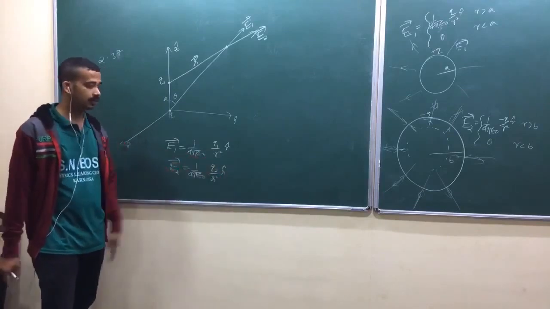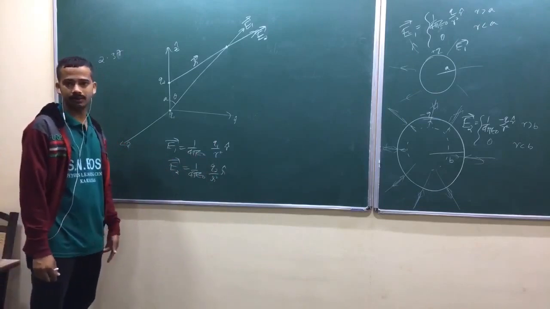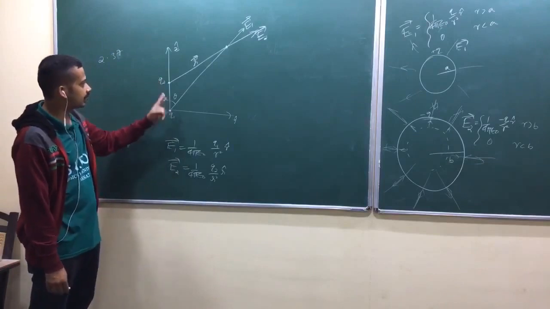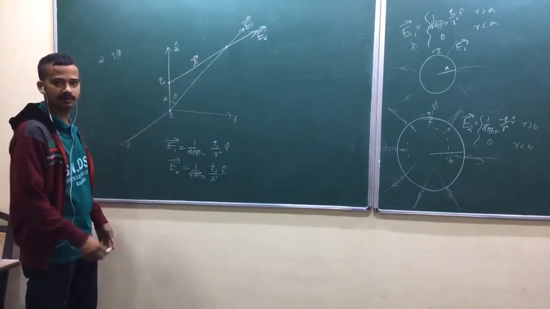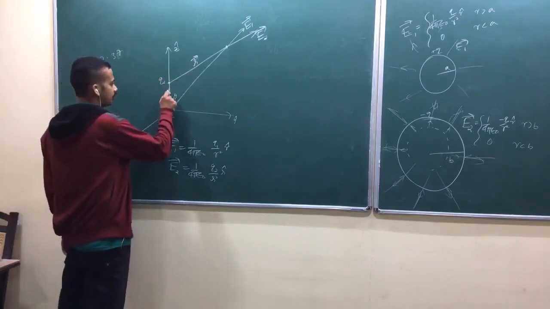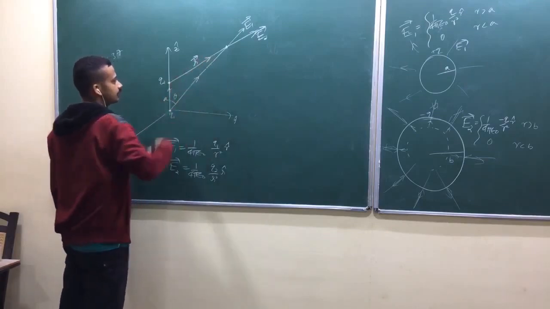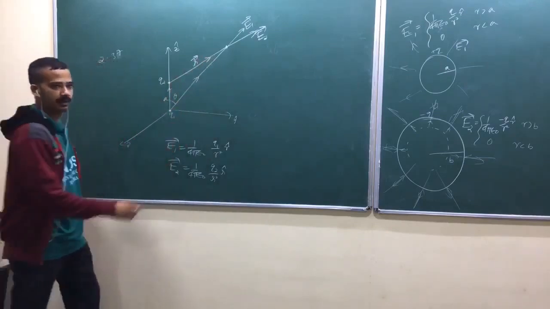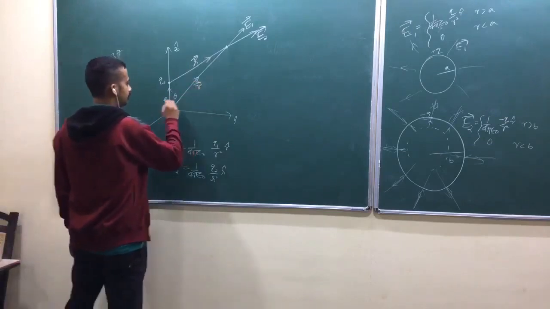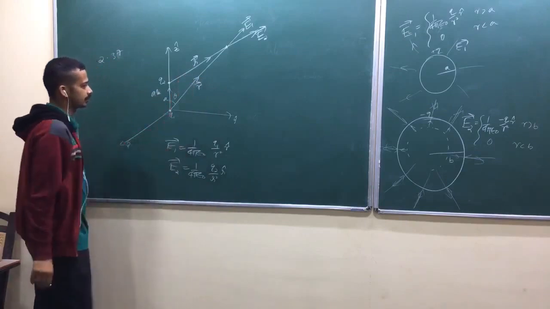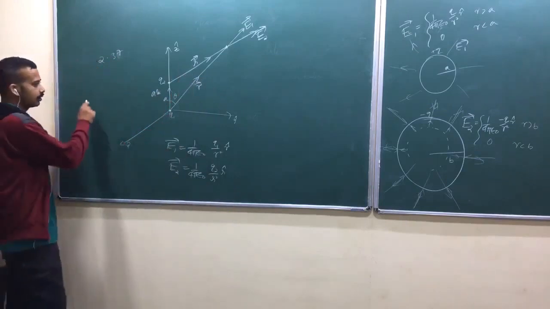Your effort should be to find this one in polar coordinate. This one cannot be written directly in polar coordinate exactly. So this can be written in terms of z cap and r cap. Look at here, vector addition. Isn't it? I am going to define one vector here. Other vector already defined. So other vector is this one, R vector. So A into z cap vector, italic r vector.